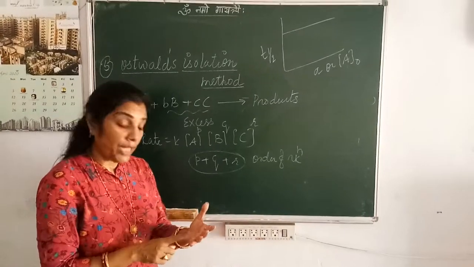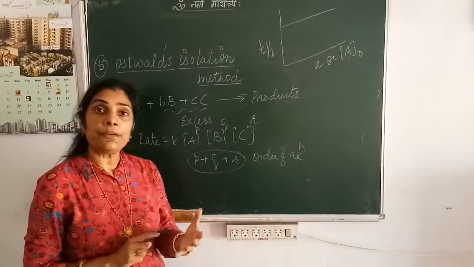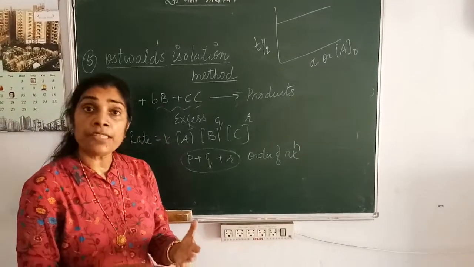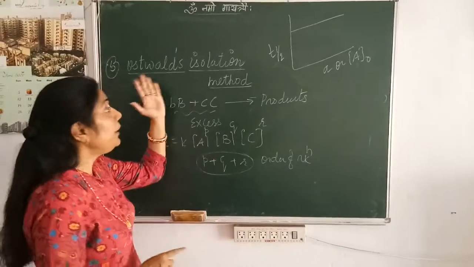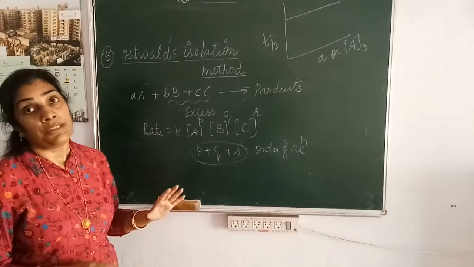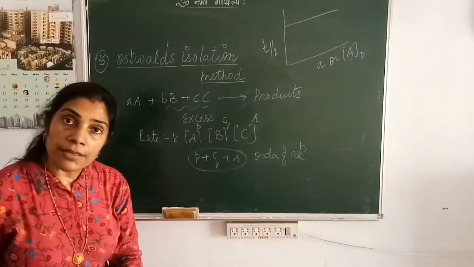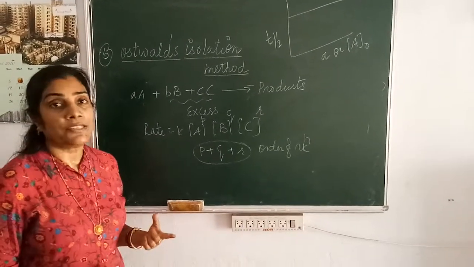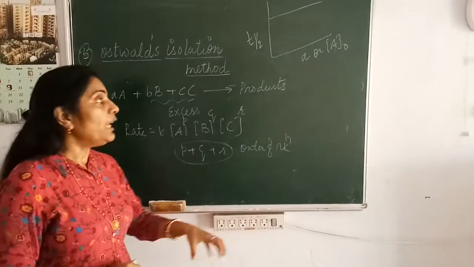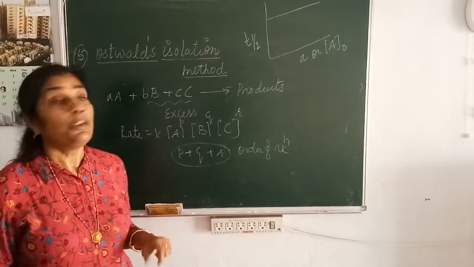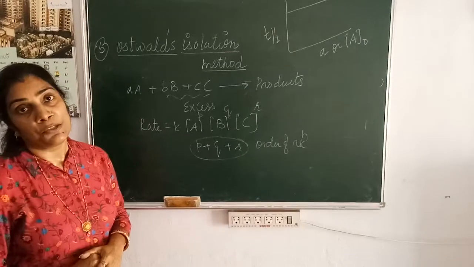What did we discuss today? The first was the graphical method. Second was the initial rate method. Third was the integration method. Fourth was the half-life period. And finally, Ostwald's isolation method. So based on these methods, whatever questions are given in the text as well as the exercise of NCERT, kindly complete them all, so that you will have confidence about whether you are able to do those questions based on these experimental methods or not.